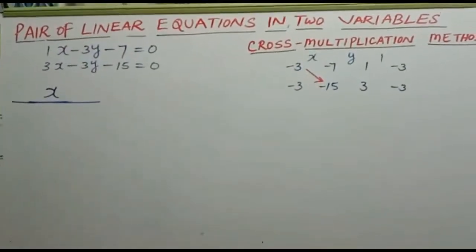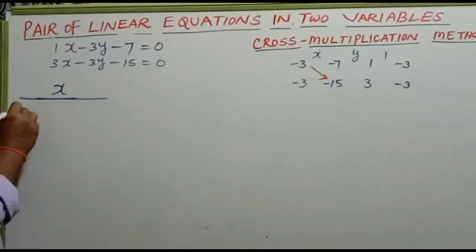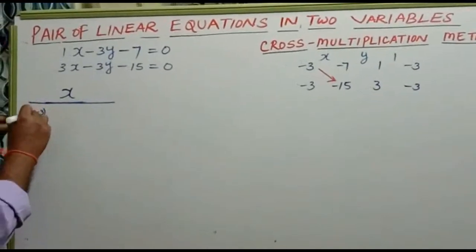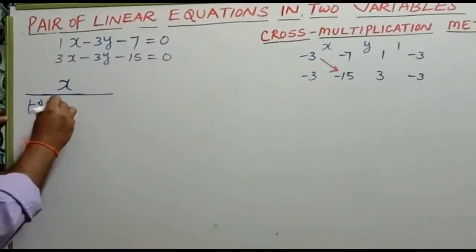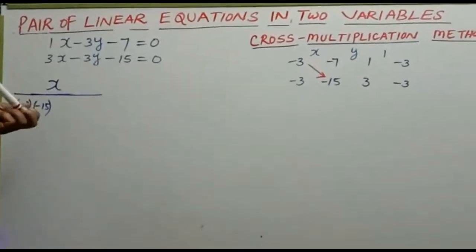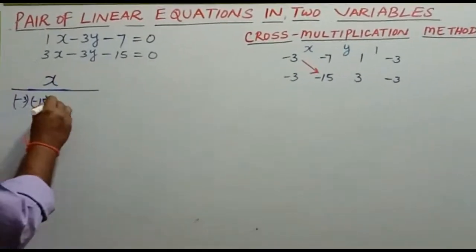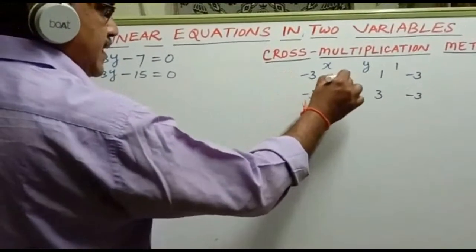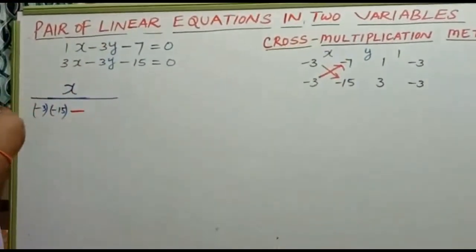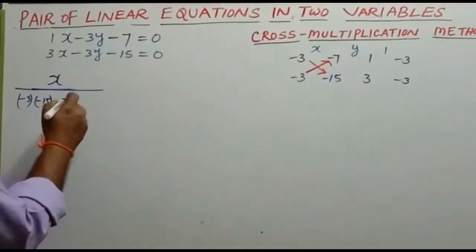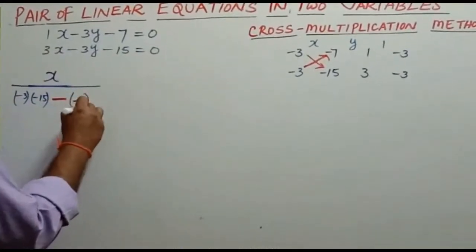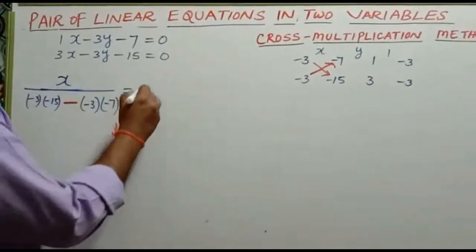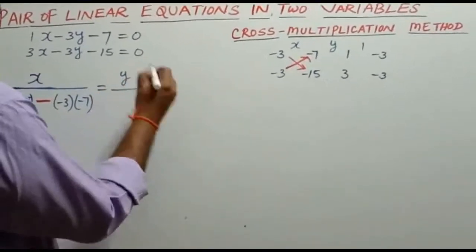Minus 3 into minus 15, cross multiplication, no? Minus 3 into minus 15. Formula minus. Next, minus 3 into minus 7. Minus 3 into minus 7 is equal to y by